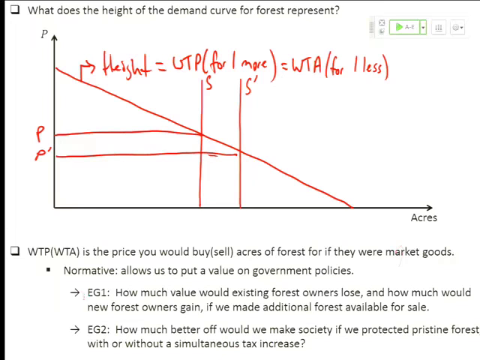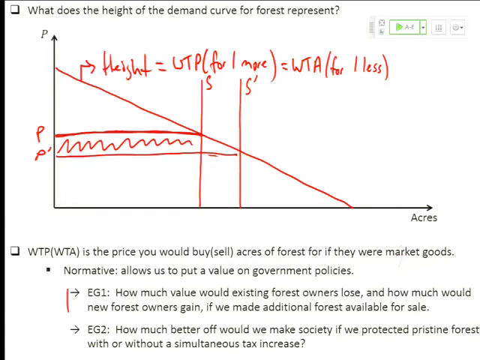So, for example, suppose we were in this private market again. We have this policy where we're going to expand the fixed supply of forest that's available for trade. We might want to know, here's the price. This is sort of the resale value of the land that people already owned. How much of that resale value did they lose, right? You could argue that strictly in dollar terms, but it's a way of using the model to put a dollar value on something that otherwise would be very hard to value.